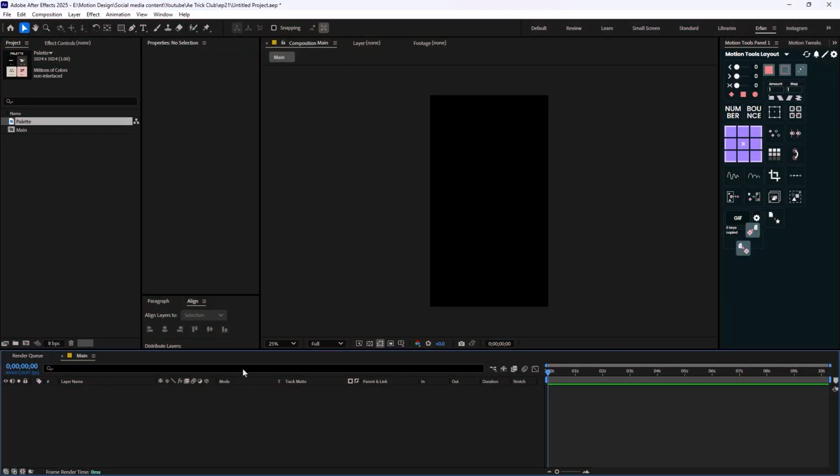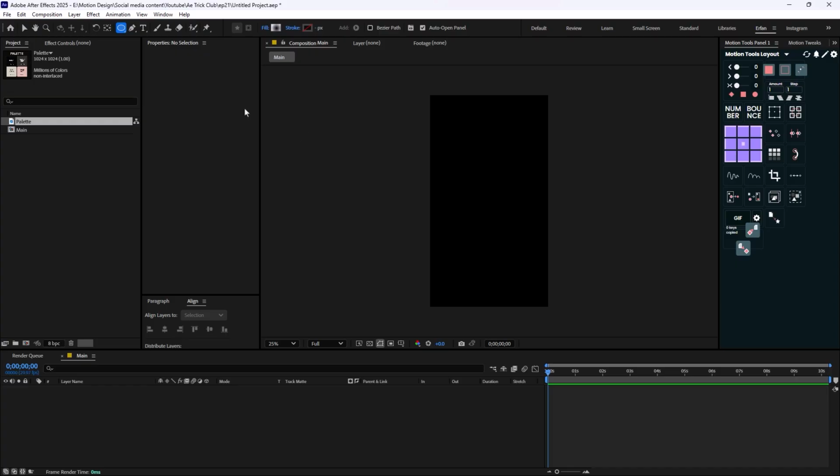So let's begin. Alright, so here we are inside of Adobe After Effects, and now let's begin. So on the first step, what I want to do is create a sort of user interface profile animation. To do that, all we need to do is go towards the shape tool. Now, when it comes to creating these kind of animations, it's really important that you understand